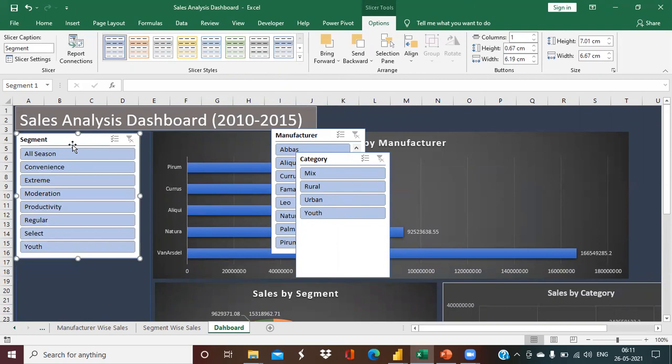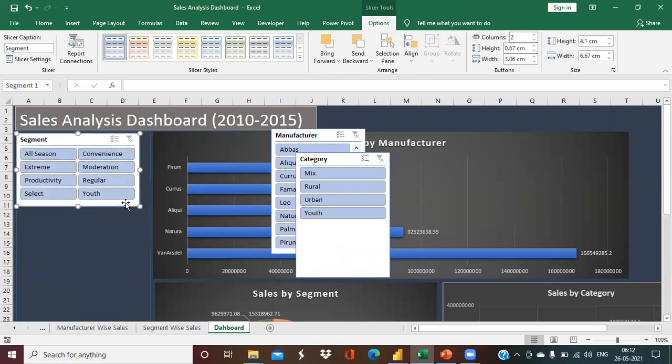Sometimes, when we have too many values in the slicer, right now let's say I have these 5-10 values, but if you have too many values, it is very difficult to drag and select the value you are looking for. So you can go to your slicer options, and inside you will find a column option. Right now we have a single column. I want to convert it into two columns so it occupies less space and is better looking, making it easier to select the items.